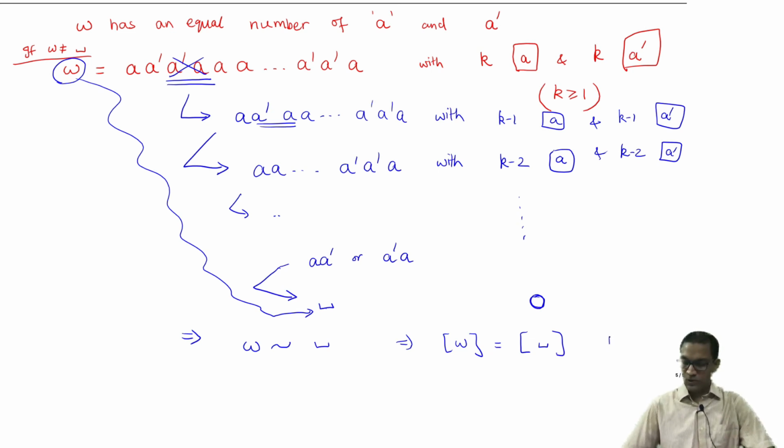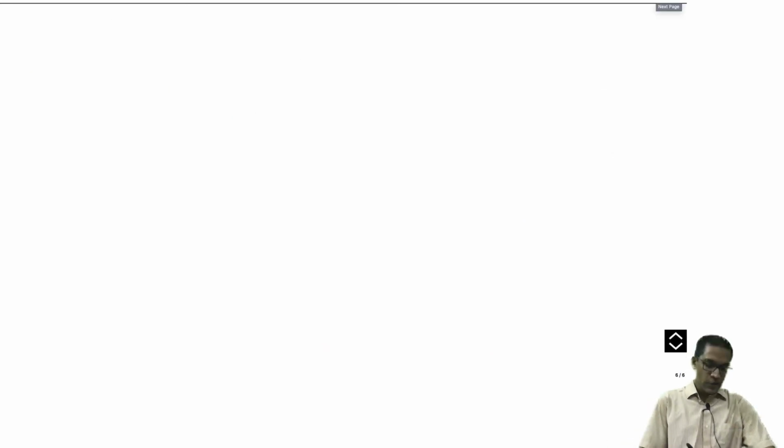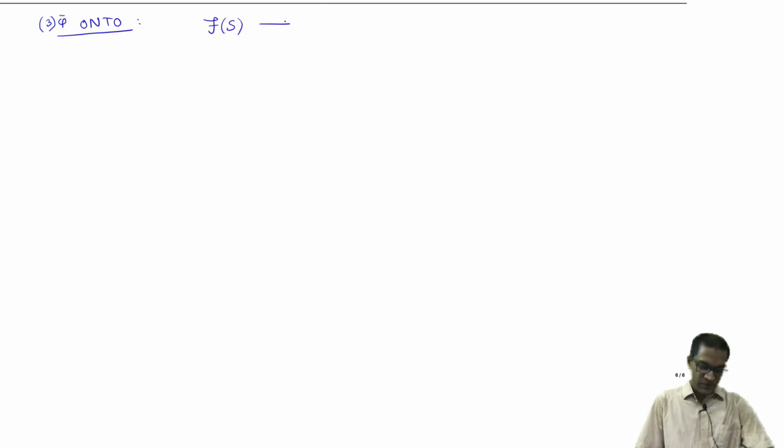So this proves one-to-oneness, and let's finally prove the ontoness. So part 3 of the proof of isomorphism, I need to show that this map phi bar is onto. What does that mean? Recall phi bar as a map from F(S) to Z. Given any integer n, I must show that there is some word, some preimage, right? I must show that there is some word W whose equivalence class maps to n.